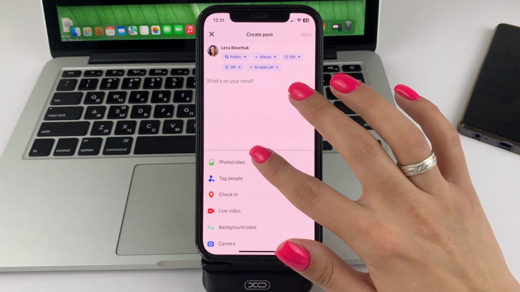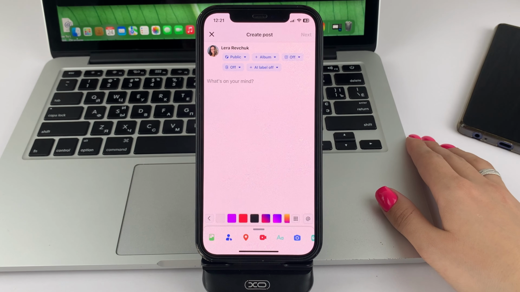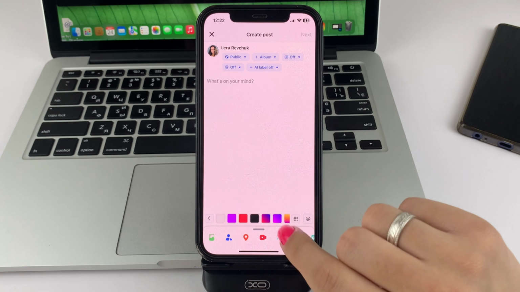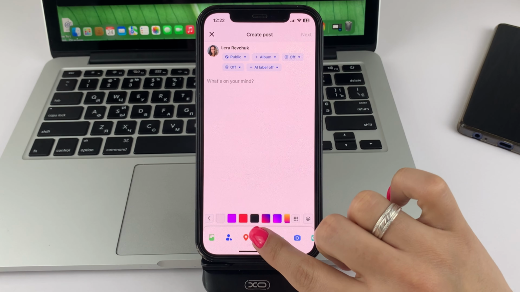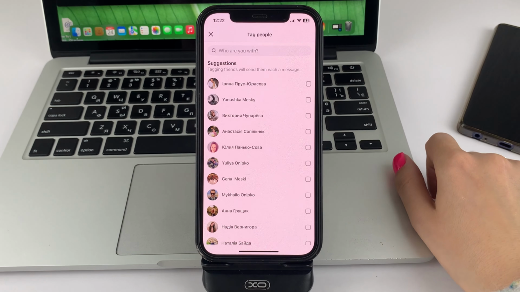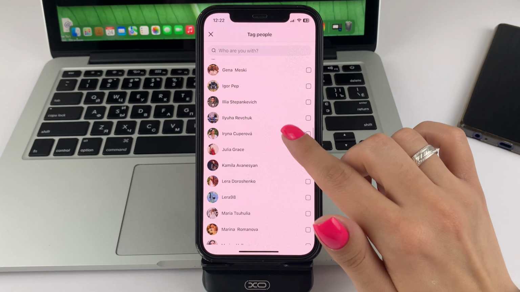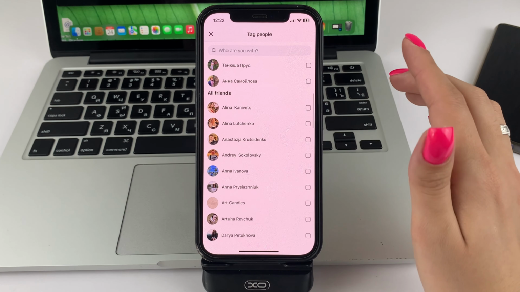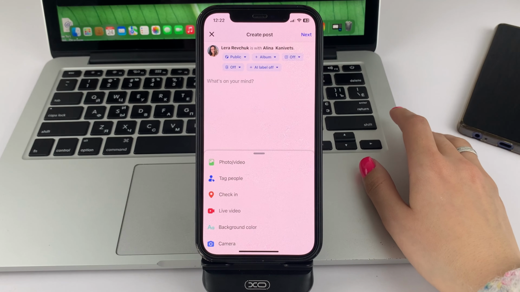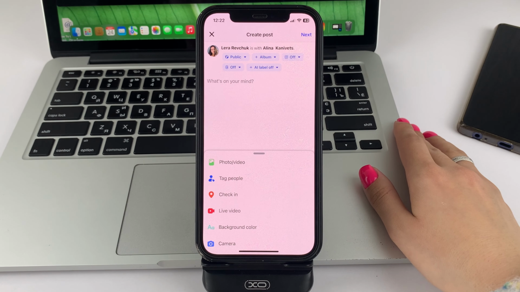To begin with, when you have perhaps already added a photo or a video or some kind of caption and so forth, you can swipe this line up a little bit and add people. Now just swipe through the list that you'll see and select the person to add. Click on it and click Ready. That way, the person will be mentioned in your post.